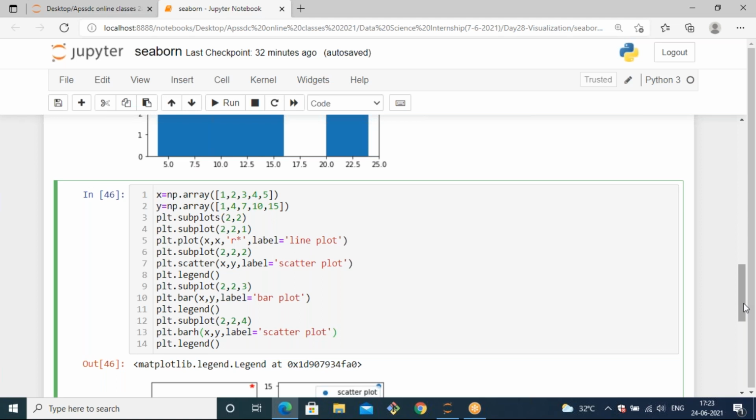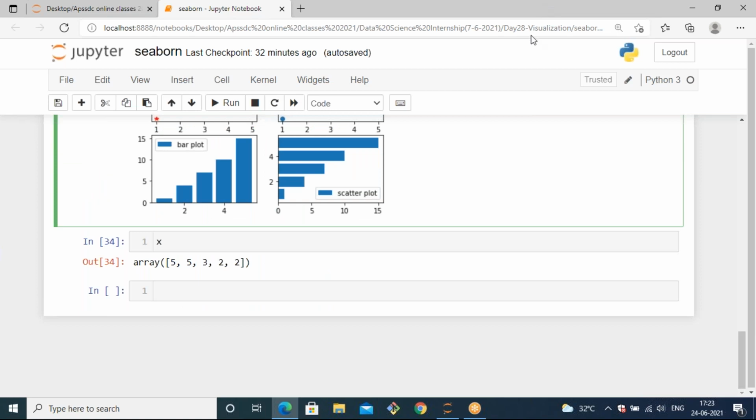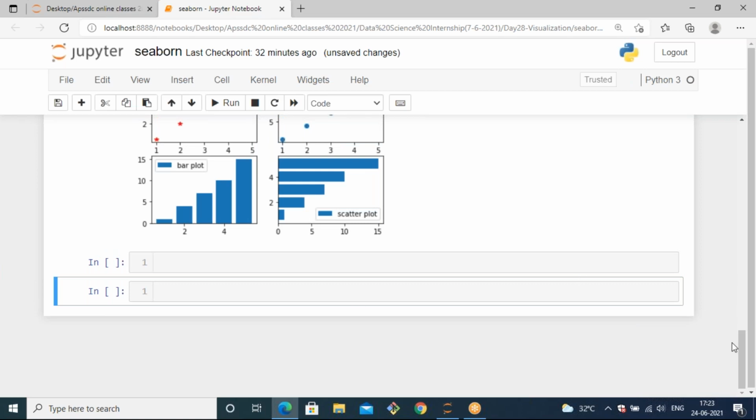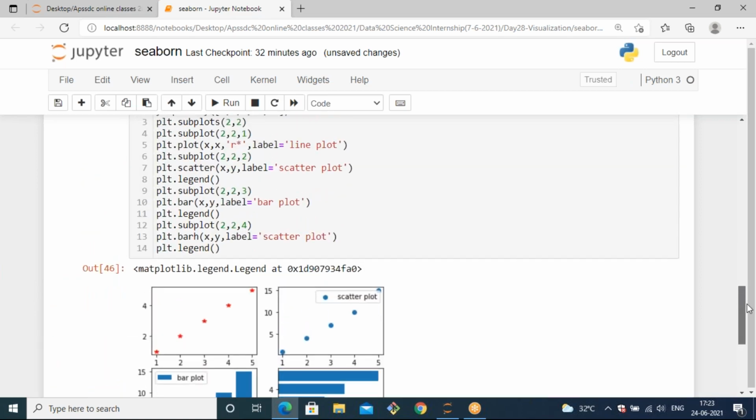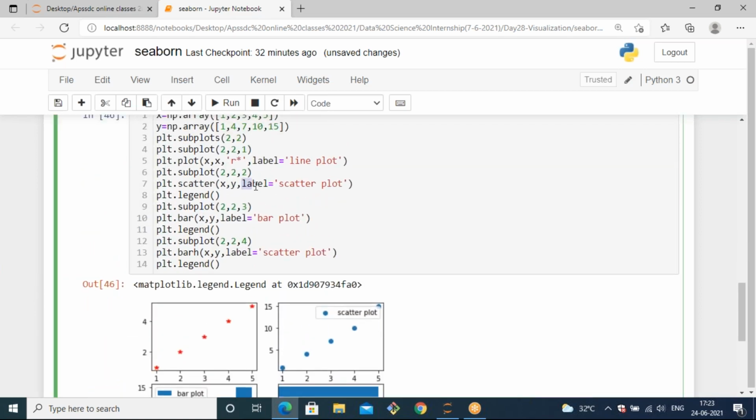Generating subplots. So by using legend only, you can get these labels.